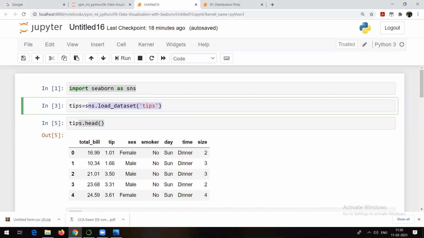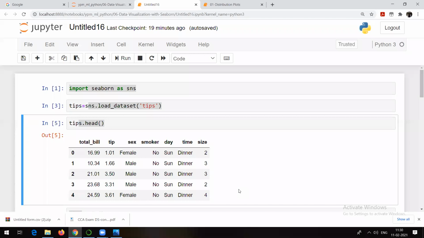Any other person tried? Hello? Yes, sir. I tried and it is running. It is running, right? Yes, sir. Okay, can anyone share the screen? Those who are getting error, can anyone share the screen? Let me know. I will give the access. Just share your screen. I will let you know what to do. Anyone who is getting error.